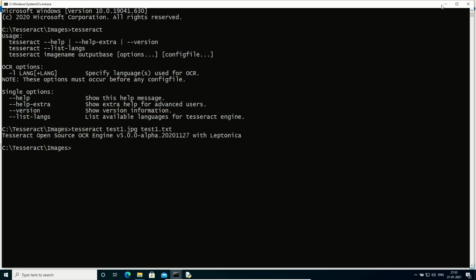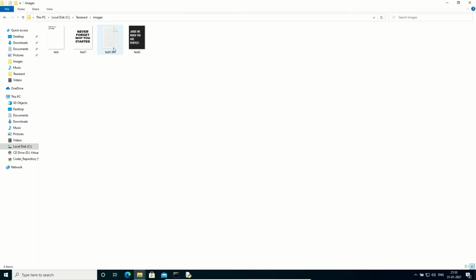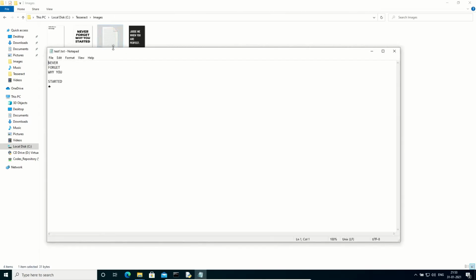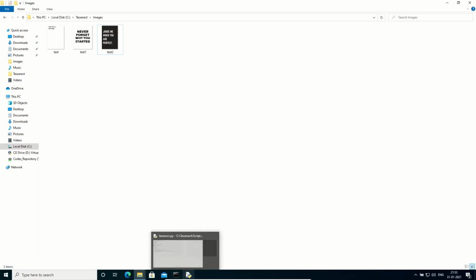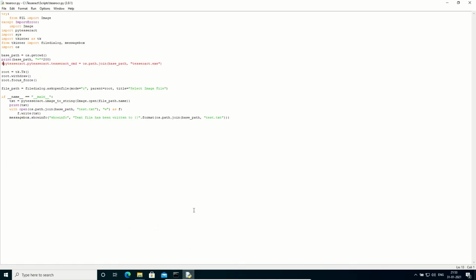Okay, so now if I go to that directory again, you can see that this new text file has been created, which will contain the text which has been extracted from the image. You can see that it says never forget why you started, and the same text has been extracted very well by the Tesseract OCR engine. So I will delete this text file now, and now I will try to execute this